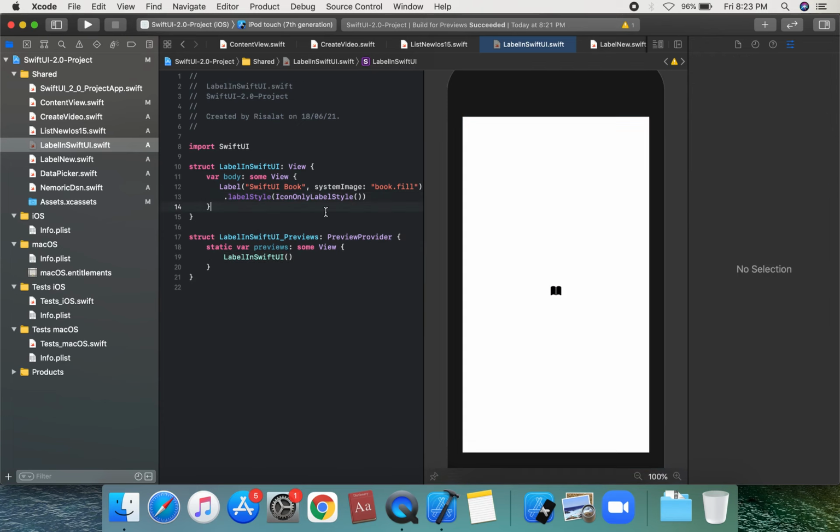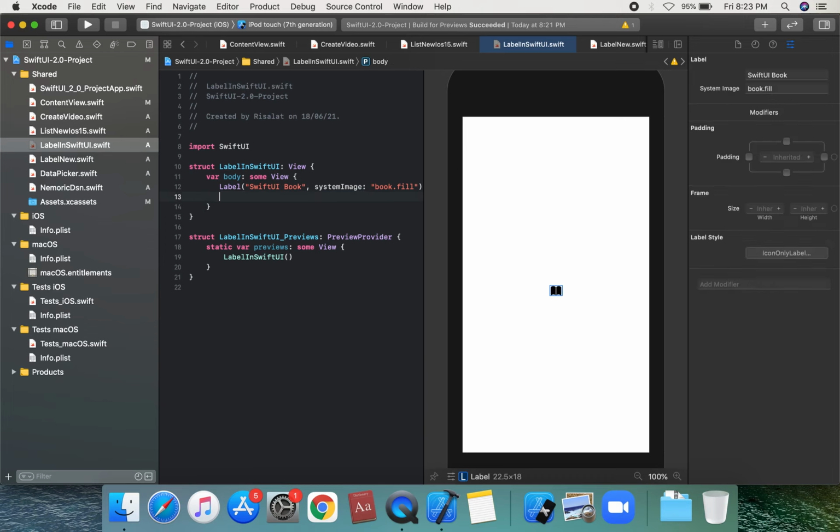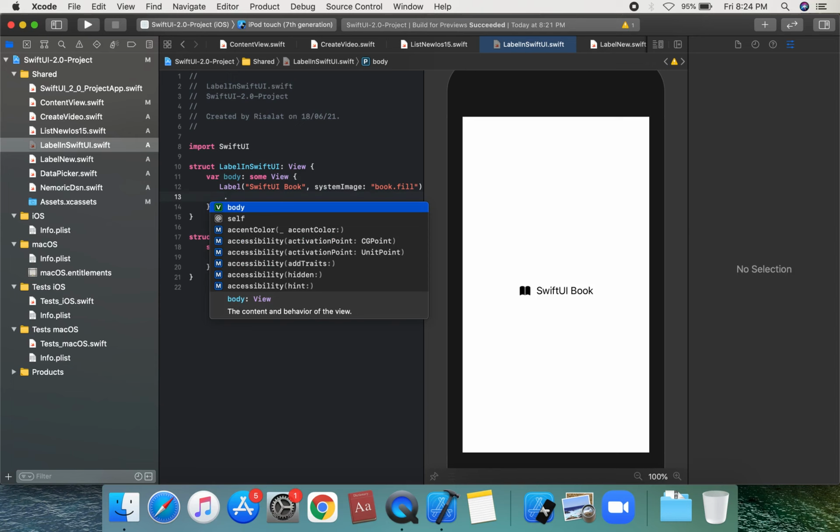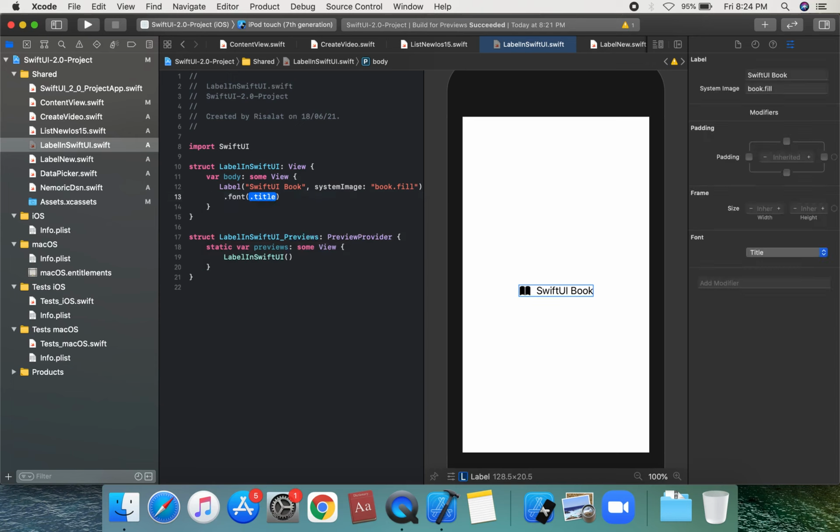We can modify our code on this Label in SwiftUI, and apply a font on this label. Suppose we have not applied the label style. Dot font, dot title. We apply the title font, which is a large font on this title, and we can set the foreground color.